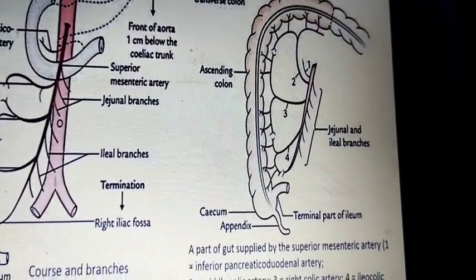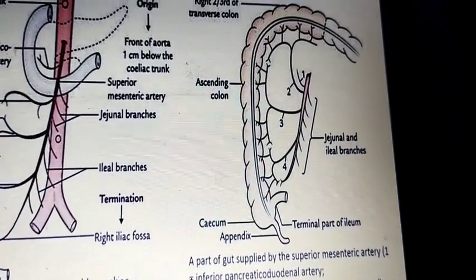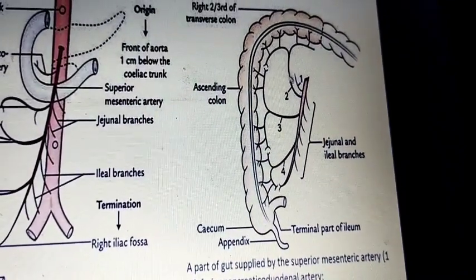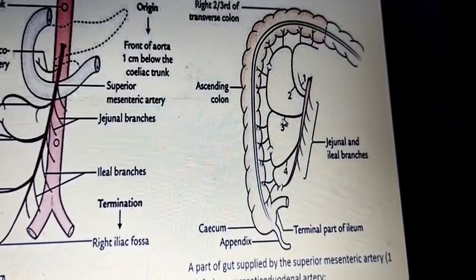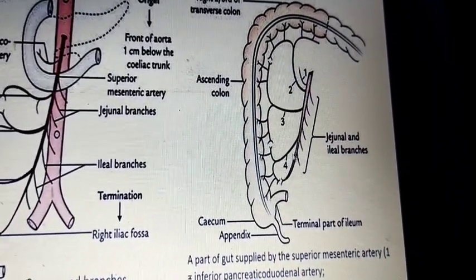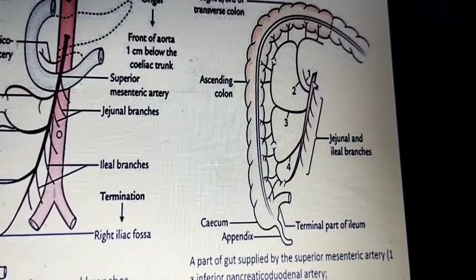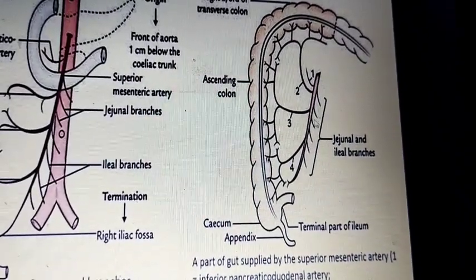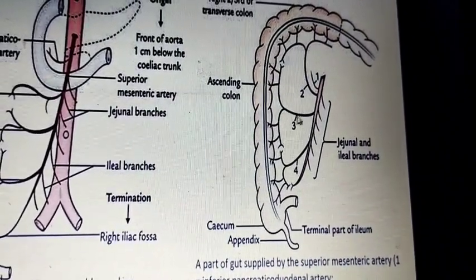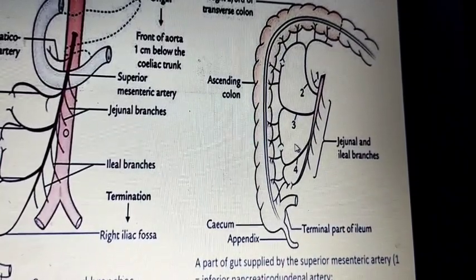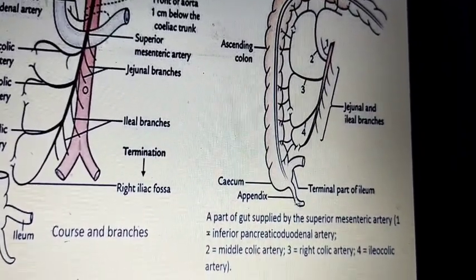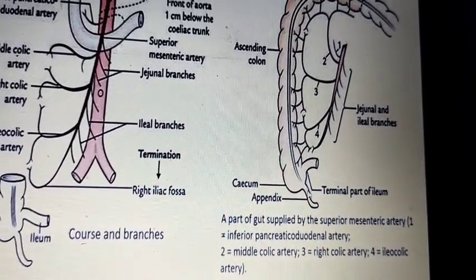The superior mesenteric artery has mainly four branches. First is the jejunal-ileal branches. Second one is the middle colic artery, third one is the right colic artery, and this is the ileocecal artery. This is the superior mesenteric artery. First and most numerous are the jejunal-ileal branches. Second, the mid colic artery. This is the right colic artery, and this is the ileocecal artery. The ileocecal artery further gives branches to the appendix, like the appendicular artery, ileal artery, like that.